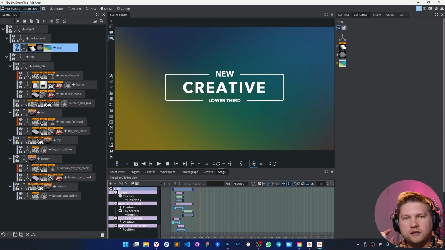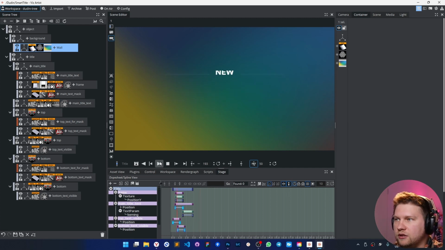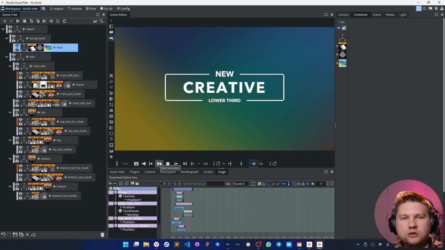Just make the template for templates just once, and next just use it many times as you want. And let me show you what this is. It's not just static text, as you can see. Of course, it's animated, but it's also not static in terms of the amount of the data inside these elements.